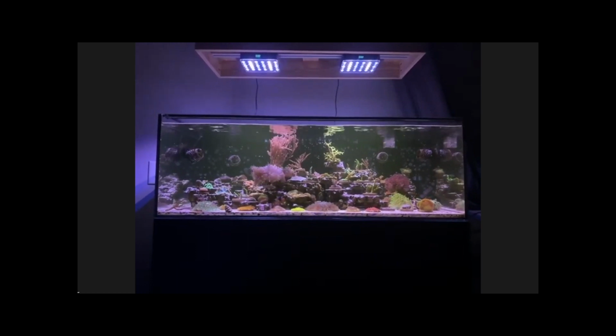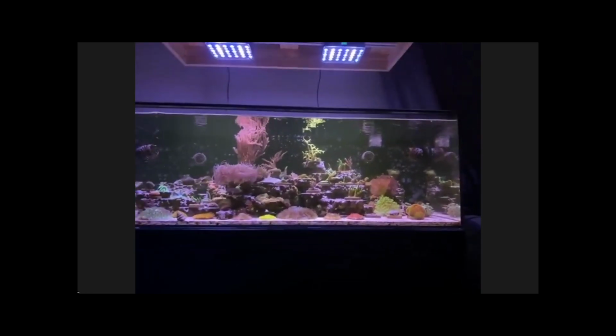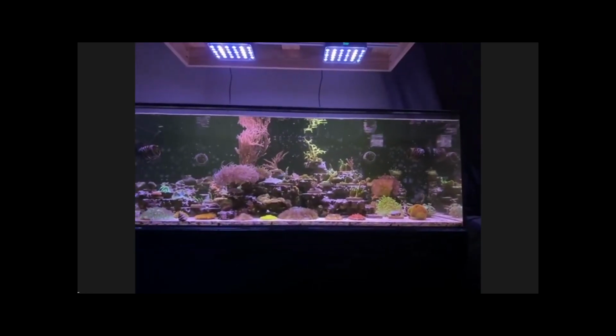Yeah, I think I'm running the LPS Spectrum from Refi. Pretty easy to use. In their interface, I just picked whatever preset I like the color of, and then just dialed it in with the PAR meter. I want to say it's around 200 at the highest spots of the tank and about 125 at the lowest, but I've been bumping it up about 1% a week as I slowly migrate LPS out of here and add more